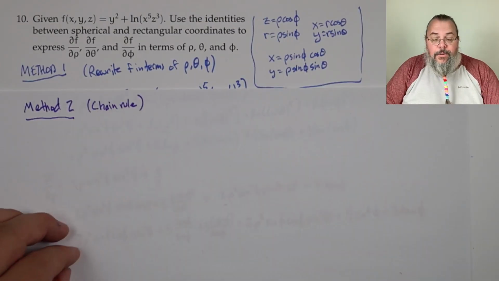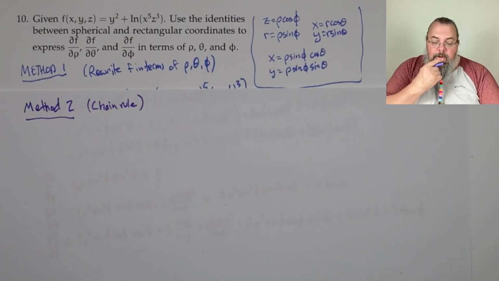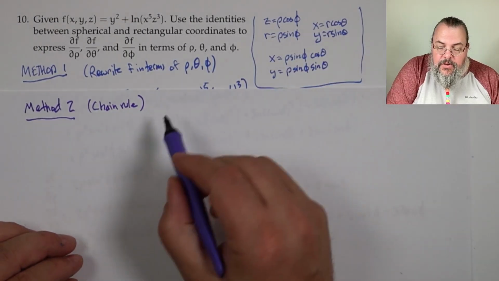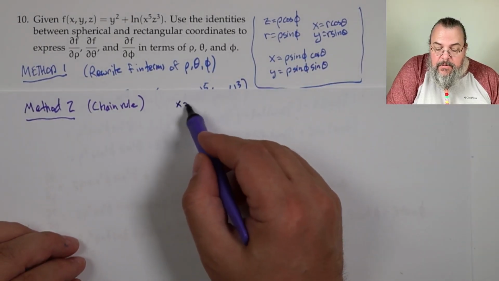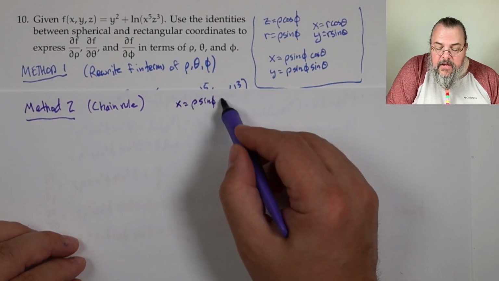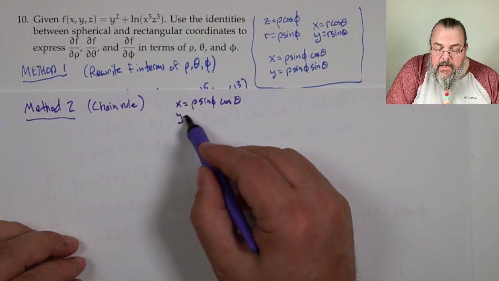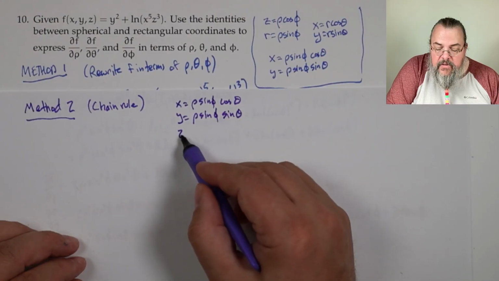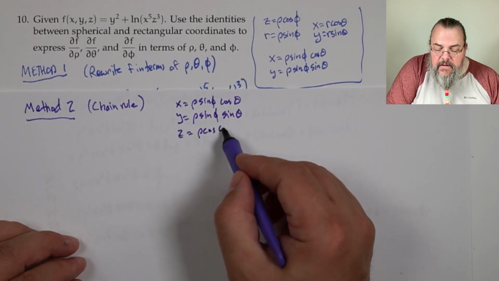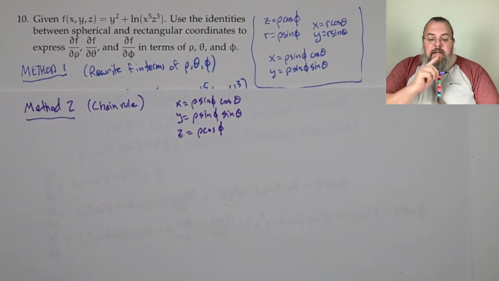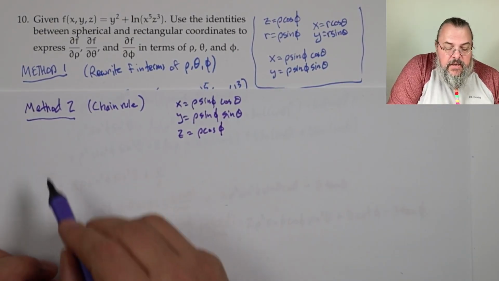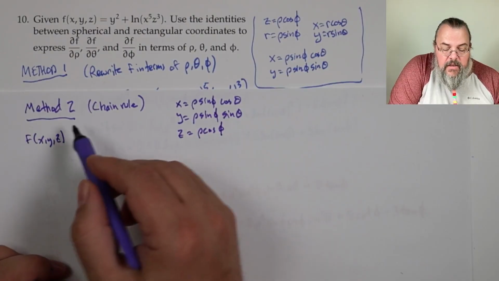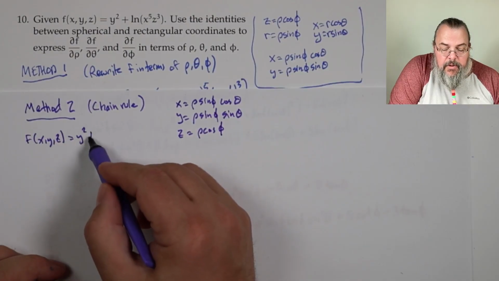Okay, so what's going to happen here? Well, we still have our x, y, z. So we should write these down. So we have x equals rho sine phi cosine theta. y equals rho sine phi sine theta. And z equals rho cosine phi. And we have our original function, and I'm going to write that down as well. So we have our f of x, y, z equals y squared plus